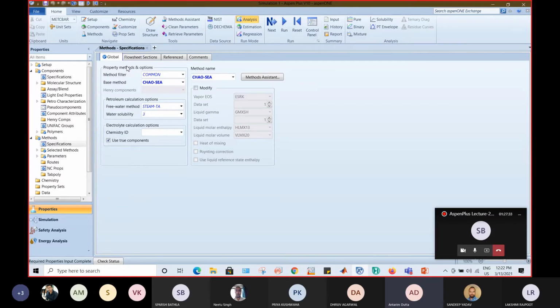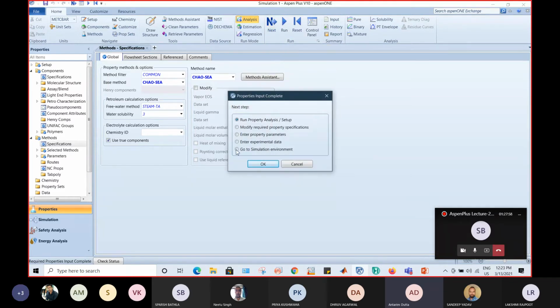I will provide you some pictorial illustrations regarding the selection of a base method, which will assist you in understanding how we should decide that a particular method should be selected for a particular component. For now we are selecting the Chao-Seader model.